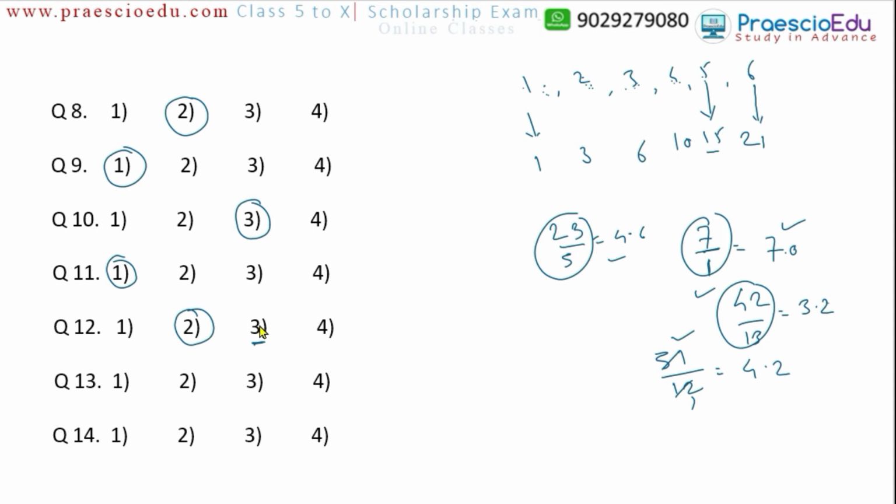They show that except 42 by 13, the others are compared like this: 7 by 1 means 7 point something, this is a decimal, and this 3.2 is smaller. All of these are greater than 4, this is also greater than 4, but this one is less than 4, so that's why this term is the different one as per our Navneet Digest explanation. But I think the others are also the same from the fractions point of view. This is not a fraction, but these are fractions, so my opinion is that option number 2 is the correct one. But as per the book, option number 3 is the correct one.